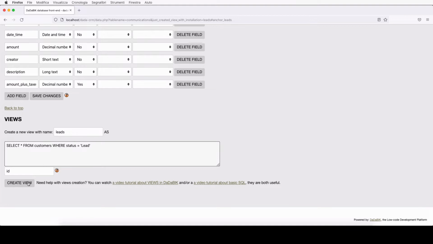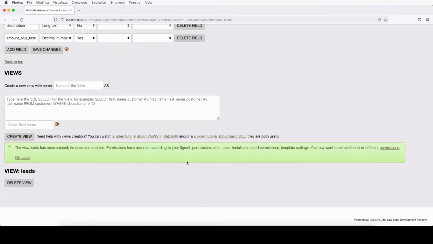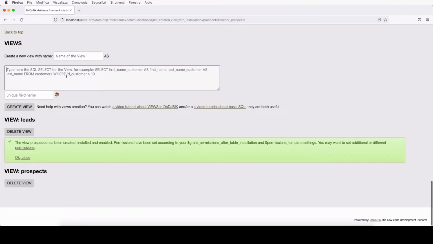Okay, so create view. View is created, and let's do the same for the other two views. So we said prospects, and customers.